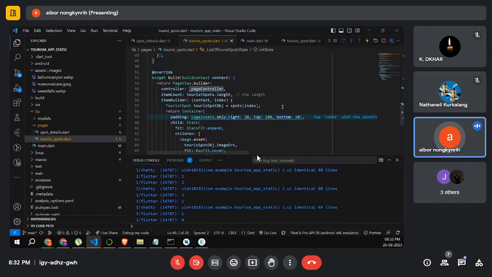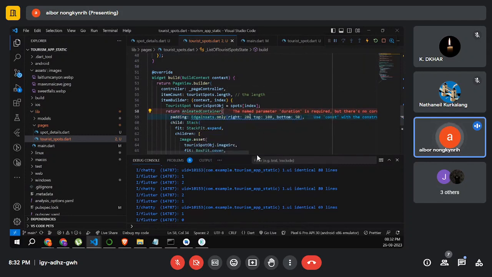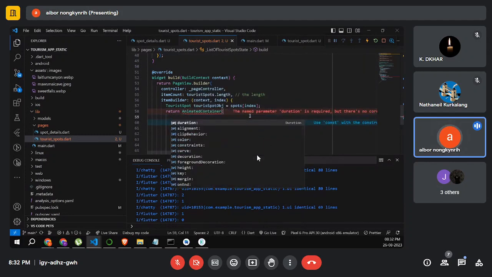Now what do we do next? Now we need to add animations to the active page. In order to do that, let's use an animated container. I'll just show you the animated container. What we can do is an animated container, and this we have our